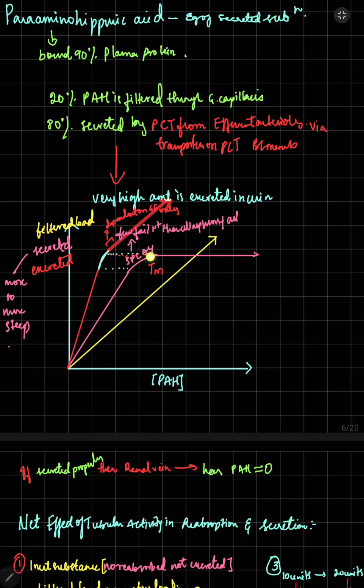And then there is a point where all nephrons fail to secrete the maximum amount of PAH